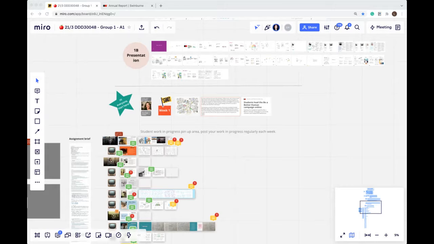I think PowerPoint's come a long way. And the other one that's really surprised me was Canva. We've got some really nice slides, and of course Google Slides as well is really easy to use, and you've got presentation mode in Google Slides as well. So you could use any of those